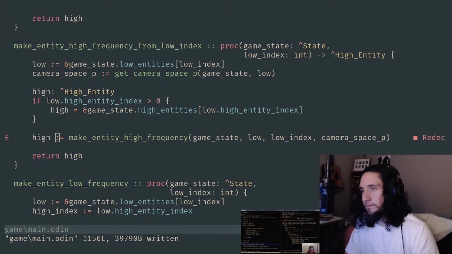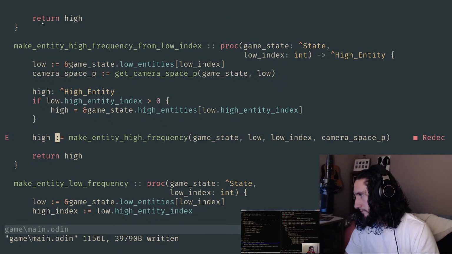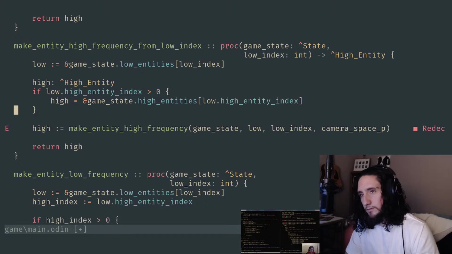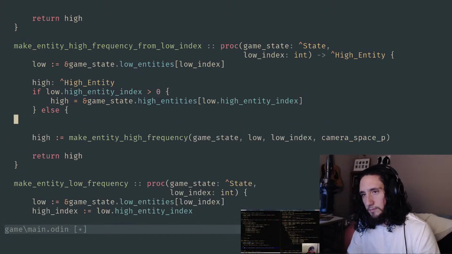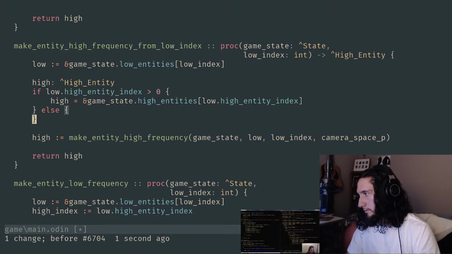Where you don't necessarily know what's going on. I'm going to change this to my standard form. I kind of decided to stop using the addressing forms. It's not what I normally do. I was doing it for purposes of the stream, but it didn't stick. So anyway, I'm going to go ahead and say, all right, get the entity low. If it's already got a high, then do nothing. If it does, then we'll do it this way. And this has got to be, obviously, oops, high. This has got to be cleared out here. Either we grab it from the ones that already exist, or we go ahead and make it, and then we return out the entity that we found.